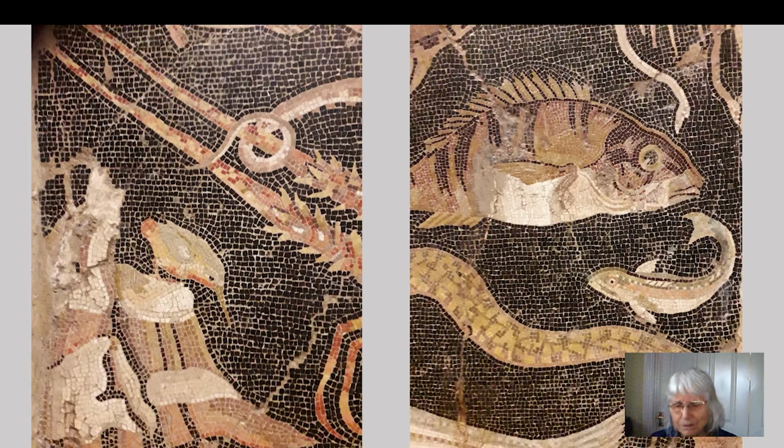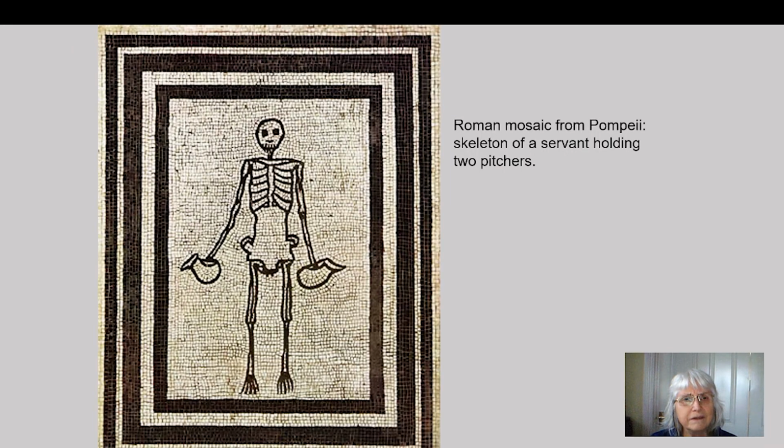And then we jump to one in monochrome, which is not very realistic. This is a skeleton of a servant holding two pitchers, presumably the skeleton bringing in the wine. If you look at his hips, one doesn't feel that they are particularly accurate. It's almost amusing. It's a bit of a memento mori. It's to remind you that